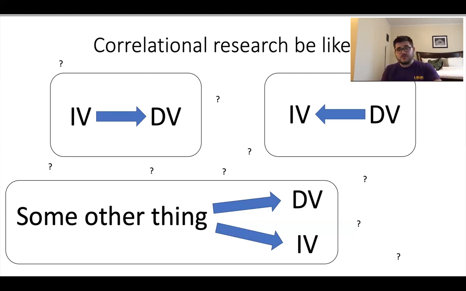With correlational research, you can't really definitively favor one of these scenarios over the other. You can only say that there's some degree of coincidence between them. But it is important to know the difference between an independent variable and a dependent variable, because when you randomly assign people to experimental conditions and you say, okay,